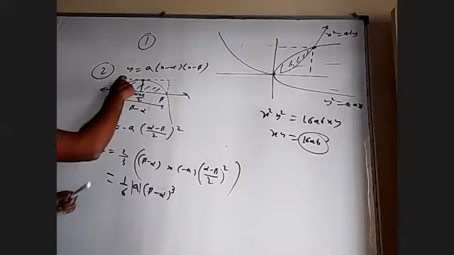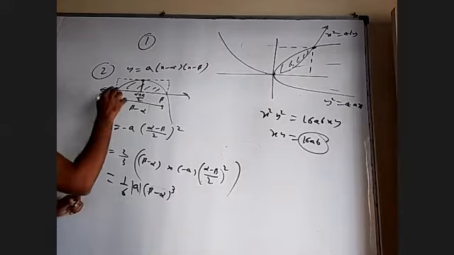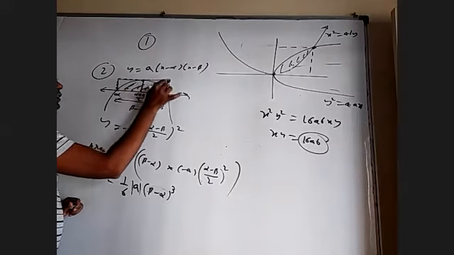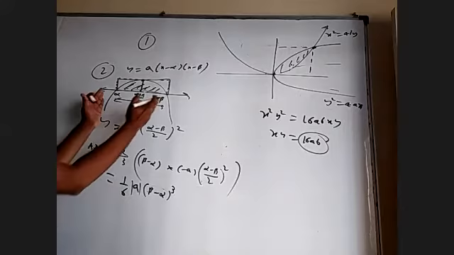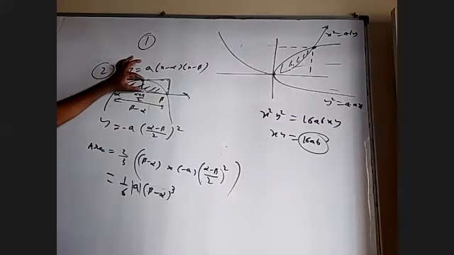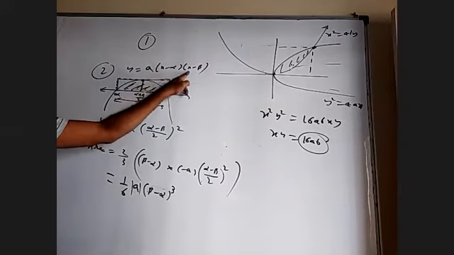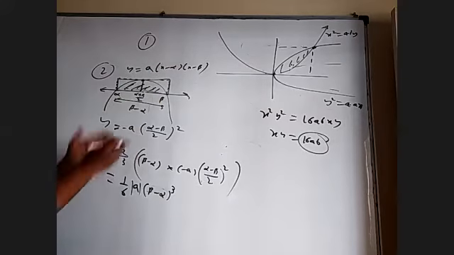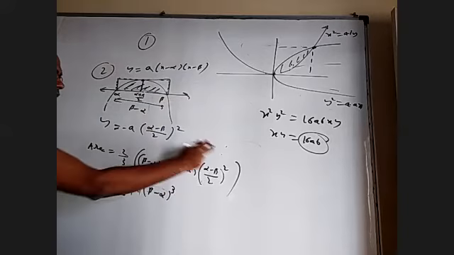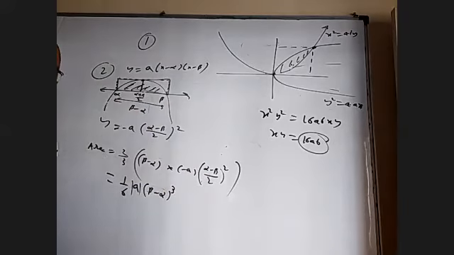I think this is a quadratic expression. A is negative, graph is like this. The area is 2/3 of this rectangle. How to find this rectangle? Width is beta minus alpha, because this is alpha, this is beta. Height. How to know height? What is the x coordinate at the midpoint? Alpha plus beta by 2. That you substitute here, the y coordinate came this. So width is beta minus alpha, height is this y coordinate only. This is the area of the rectangle. 2/3 of that will give the area of the parabola.